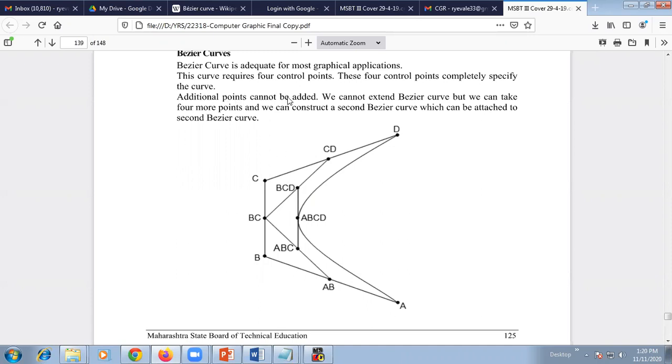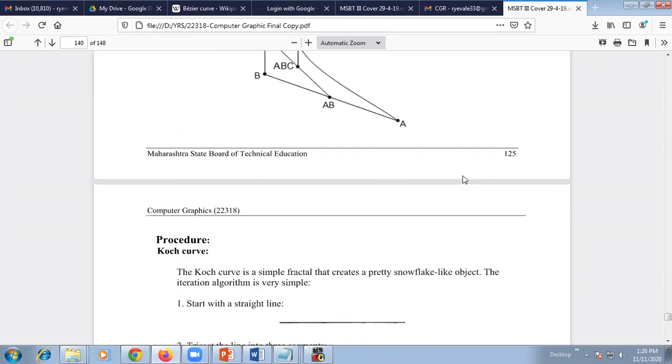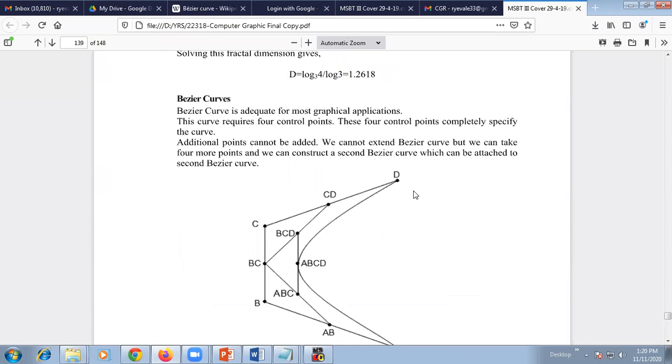Additional points cannot be added, which means only 4 points are used to draw a particular shape of a curve. We cannot extend a Bezier curve, but we can take 4 more points and construct a second Bezier curve attached to that curve.